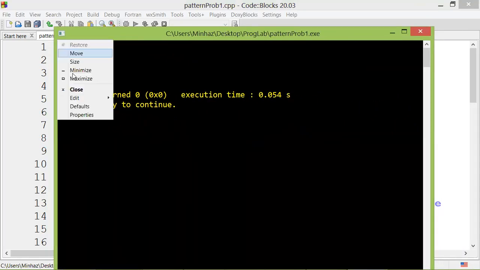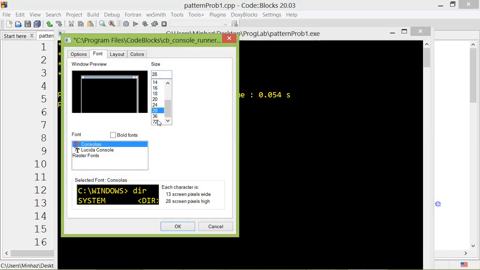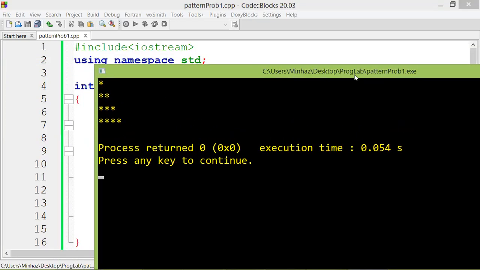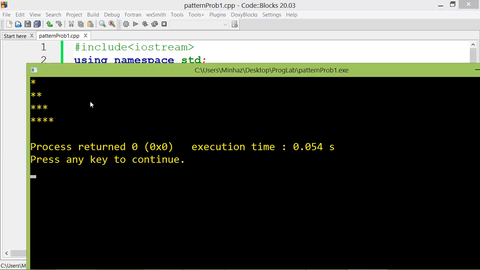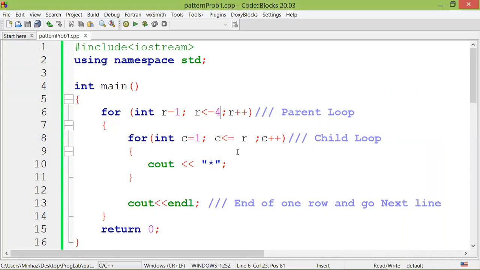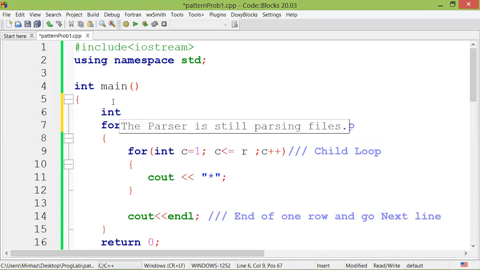At first, we make it bigger for better visibility. So here we have 1, then 2, then 3, then 4. This is the first pattern problem, and since the number of highest row is 4, it will show up to 4. But in general case, we don't write 4 here, rather we write n. So here we will write n, and before that we write integer n,